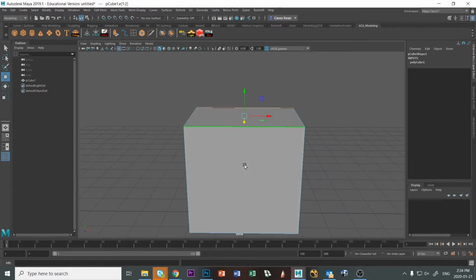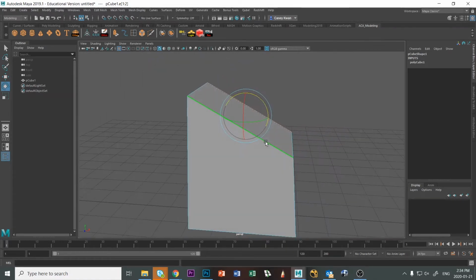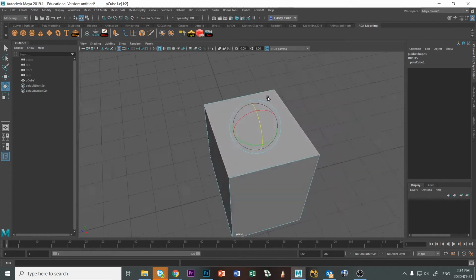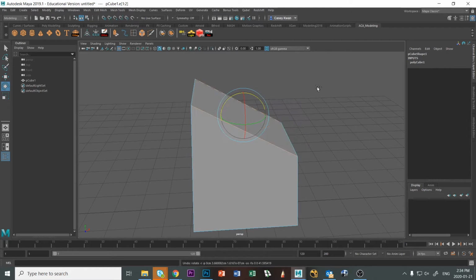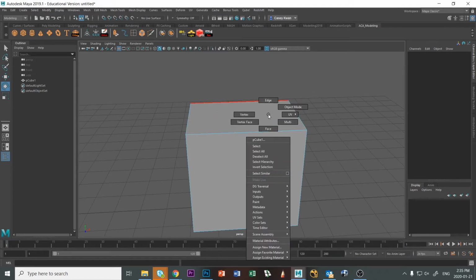Right, I can also rotate edges, so let's try that. I'm going to hit E, and now I can rotate those edges. And again, the rotation is going to pivot about the center point of the edges that I've chosen. Another way I can manipulate objects is by